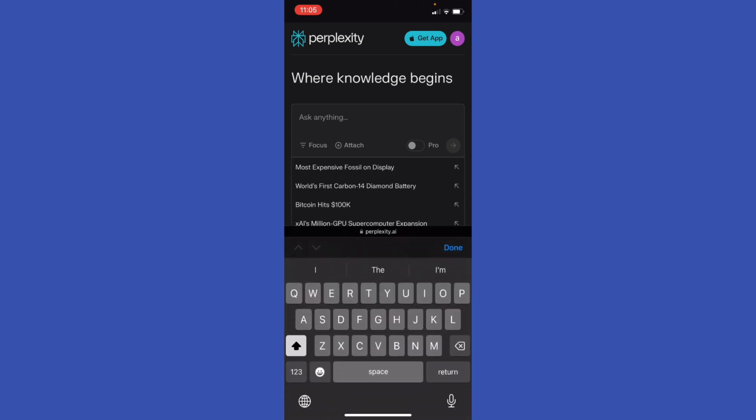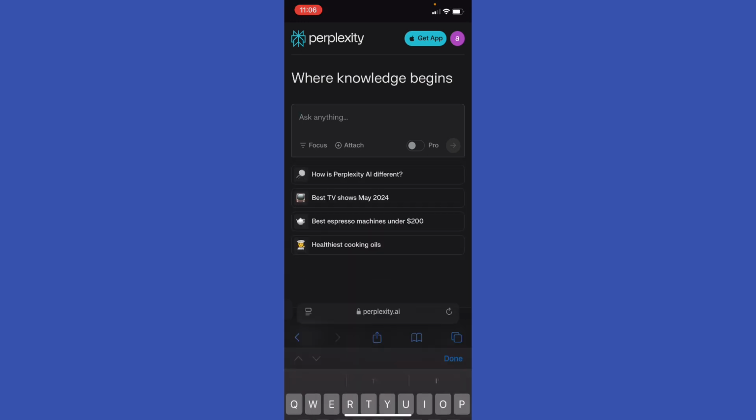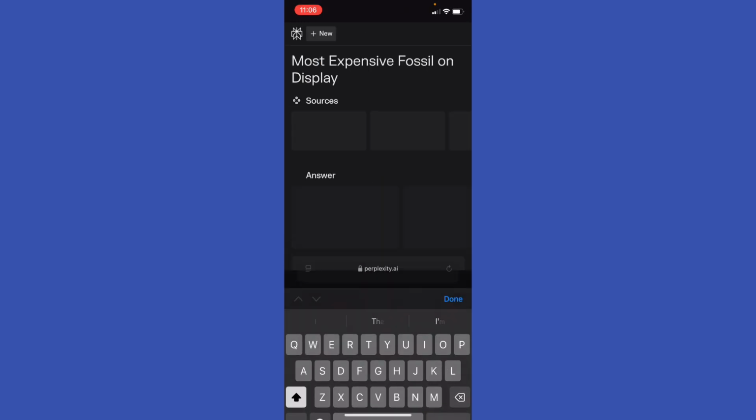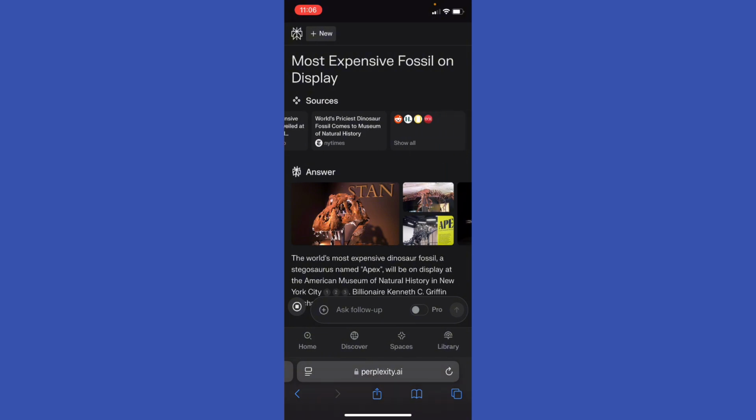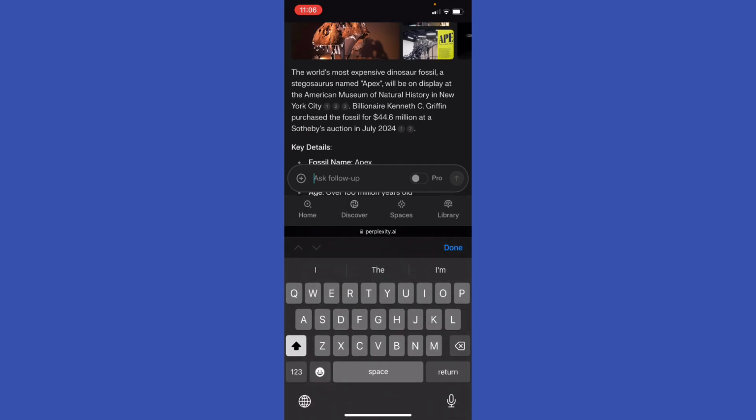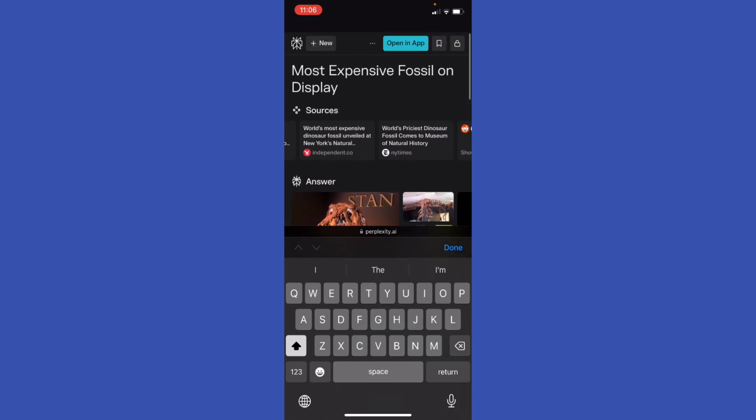So basically, type your question in the search bar, like what are the benefits of renewable energy, and then check the validity of the research, right? Let's have an example: most expensive fossil on display. You're gonna see the resources from here. Just go ahead and type the sources to deep dive on that topic, and then ask a follow-up question, right? Ask related or follow-up questions to build on your understanding, like what is the most efficient renewable, for example,